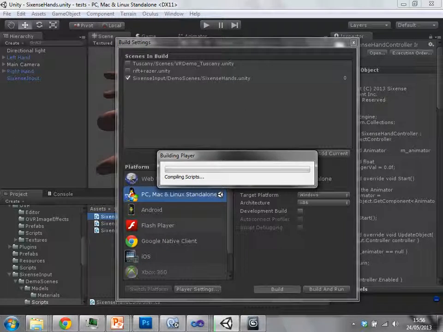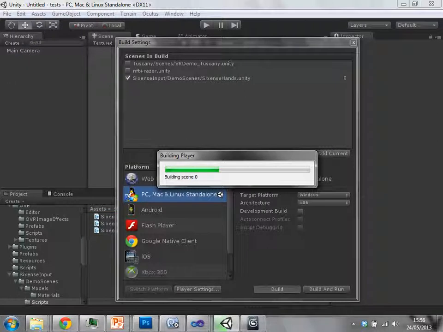While it's going, it's interesting. It would build code that you've written for C#. It's going to try